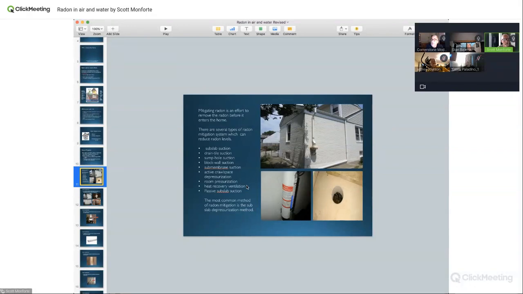So, hey, Scott. Yeah. We have a question. Sorry to interrupt. Sure. Any areas where we may see a system installed that should be an immediate red flag based off the location of the installation? I think this goes into a little bit what you're talking about, like, I know that you're not supposed to have the fan inside the basement, right? Good question. I know